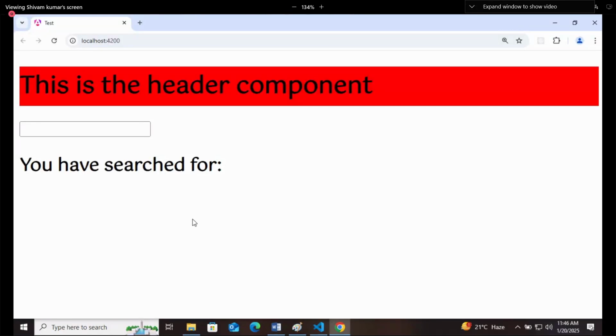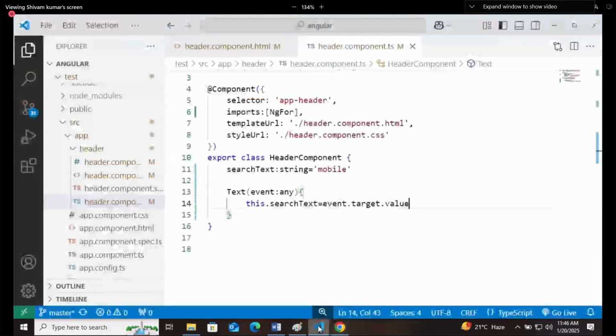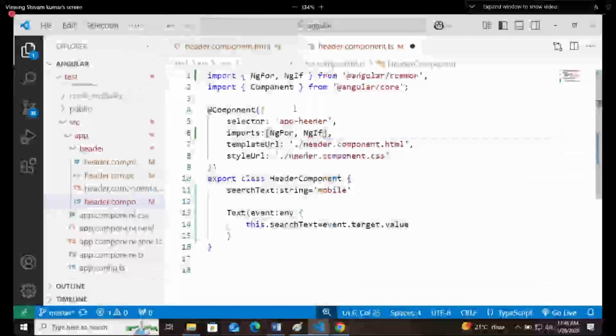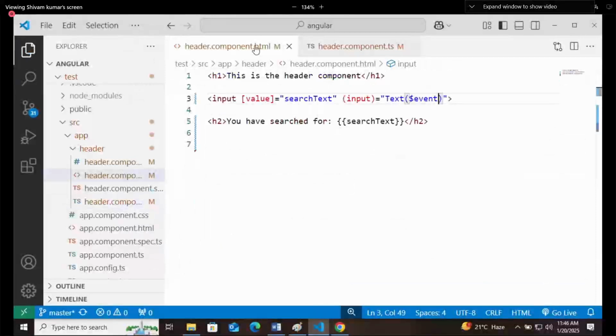That is called conditional rendering, and for that you have to use ngIf. Steps are the same. First step is you have to import ngIf. What you want to display conditionally is this heading. So here, the same way, ngIf equals to.